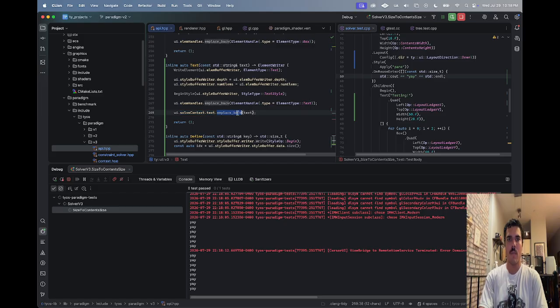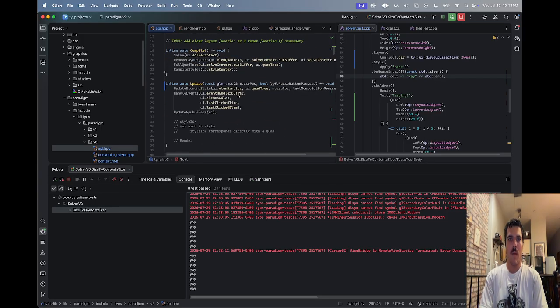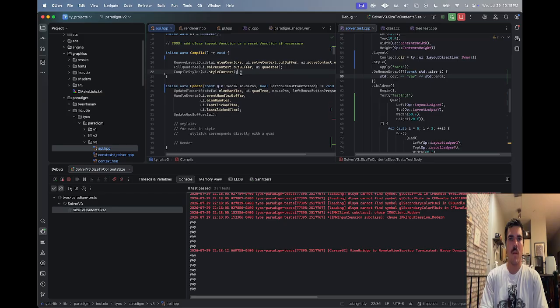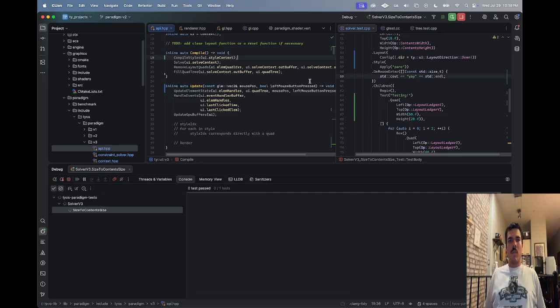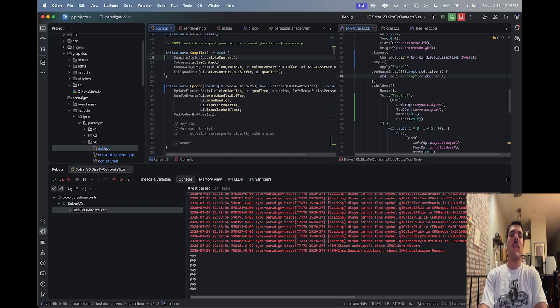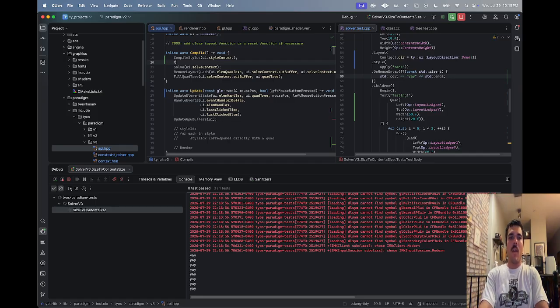Solve context, text, emplace back text. Okay. Now can we reverse it? Oh wait, just bring this to the front. Does that break anything? Because it shouldn't. Okay, great. That's great news, because now, at this point, we can say